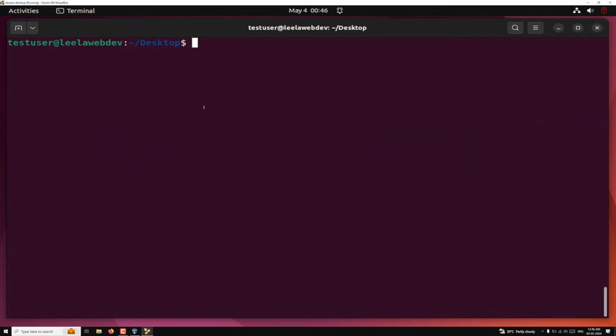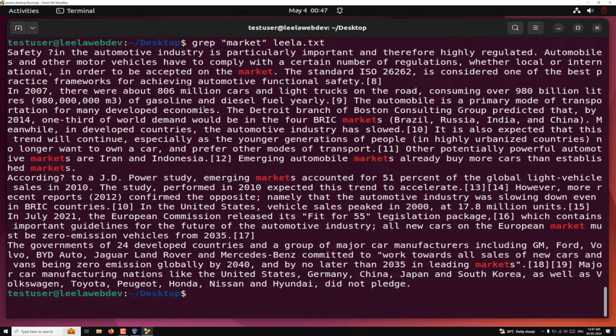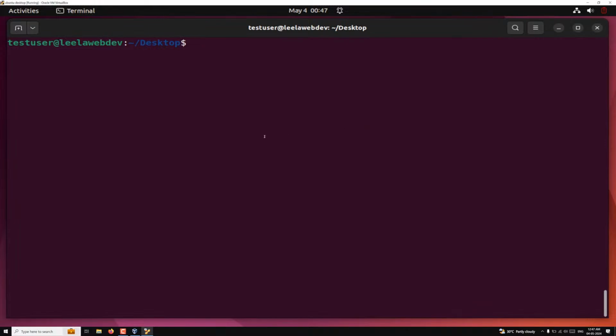So in order to search, for example, let's say that I want to search for market in the leela.txt file. Here you'll be able to see market, and here markets. So here you have one word, and markets like this. That means we are able to find the exact market or market as a part of a word. Now if I want to match an exact word, so that on the left and right there should not be any character, then